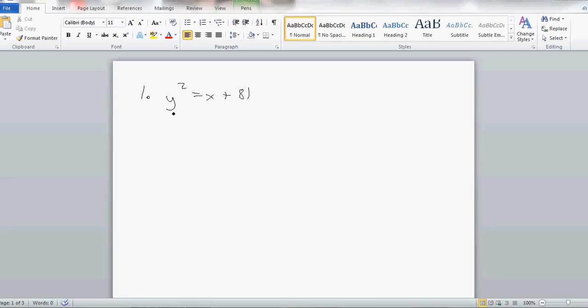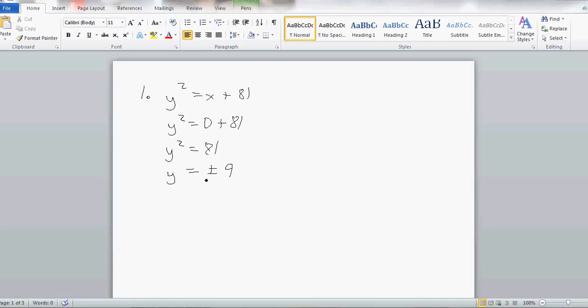First one, if we want to find the y-intercept, we let x equal 0. So we get y squared equals 0 plus 81, or y squared equals 81. But we couldn't care less about what y squared is, we want to know what is y. So we're going to take the square root of both sides, and the square root of 81 is plus or